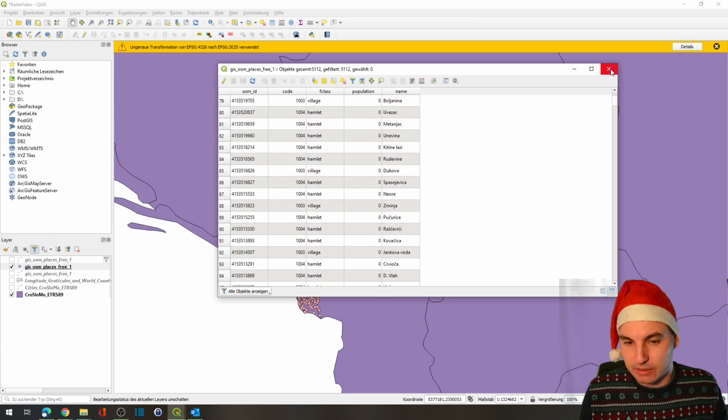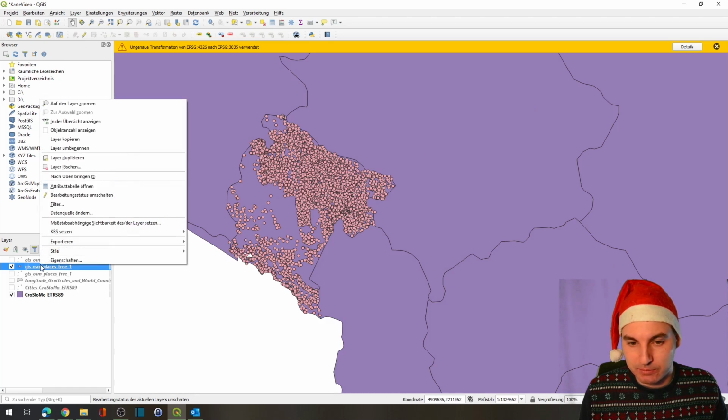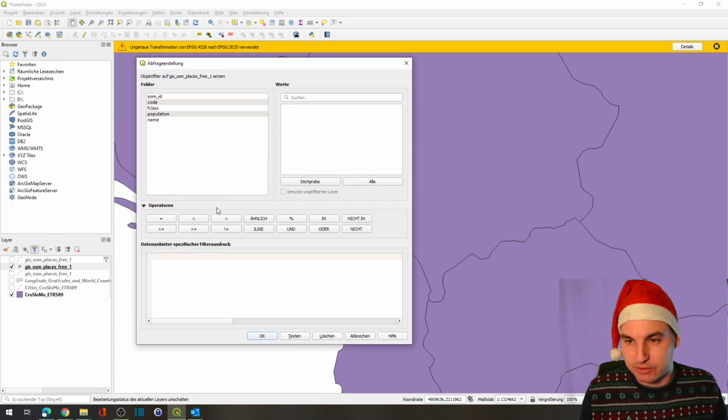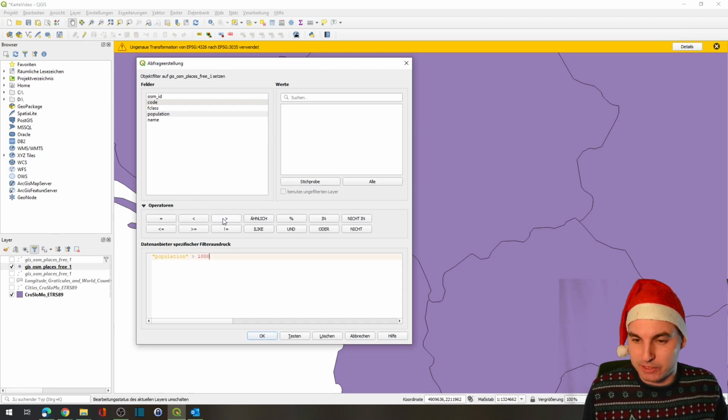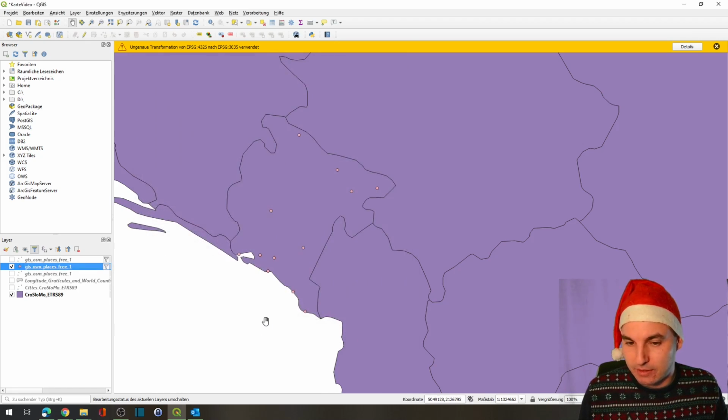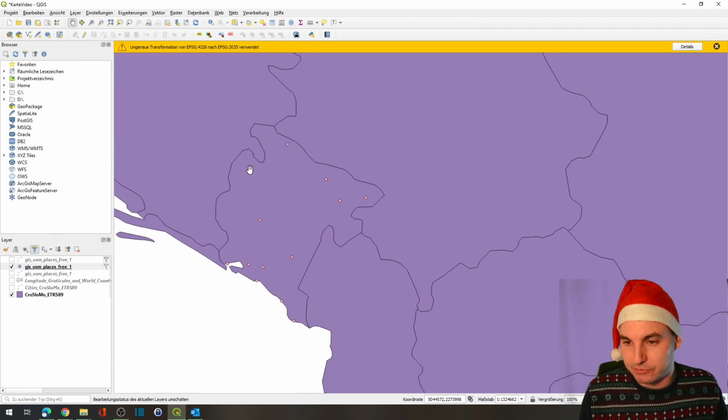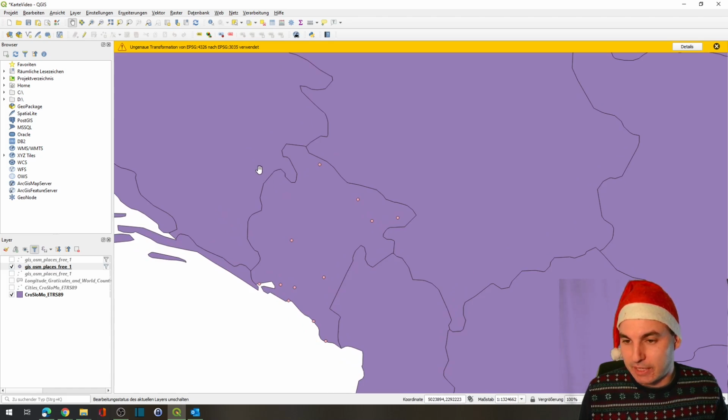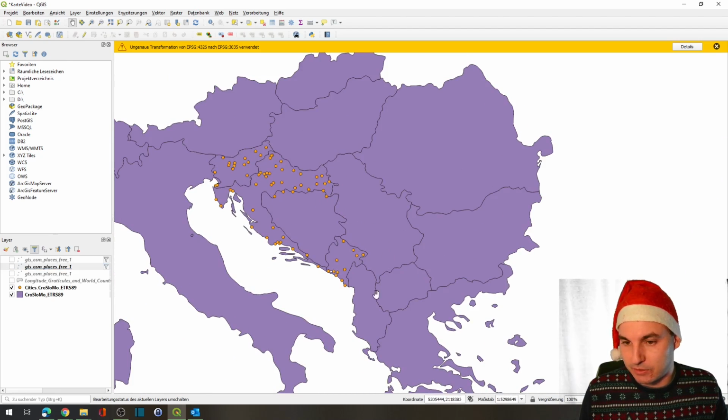So we want to trim that down a little bit. And what I did was filter it and said, only give me back places with a population of more than 10,000 people. And then there are only a few left for Montenegro. And what I did then was to combine them in one shapefile. These are all the cities in the 3 countries with more than 10,000 people, and that's probably the cities that